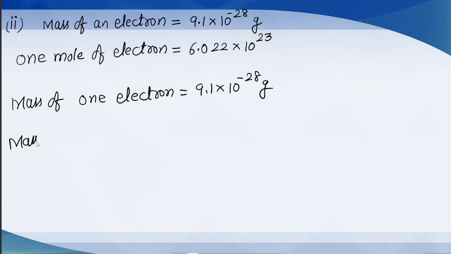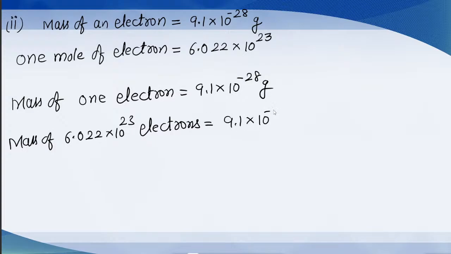Now the mass of 6.022 into 10 raised to power 23 electrons is equal to 9.1 into 10 raised to power minus 28 into 6.022 into 10 raised to power 23. Because this is 1 mole, the value comes out to be